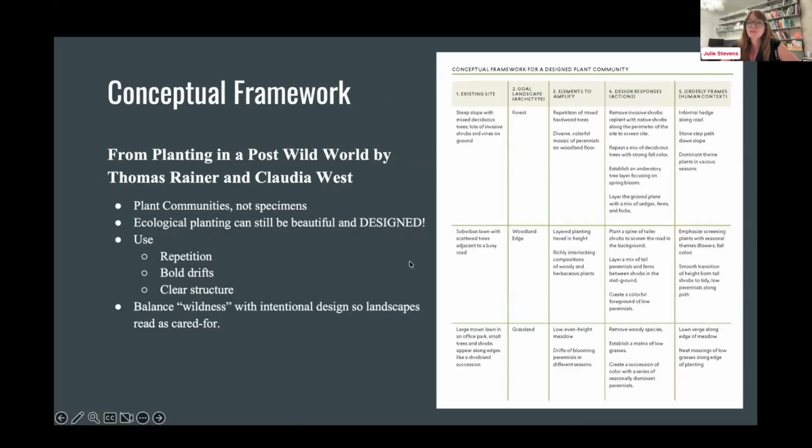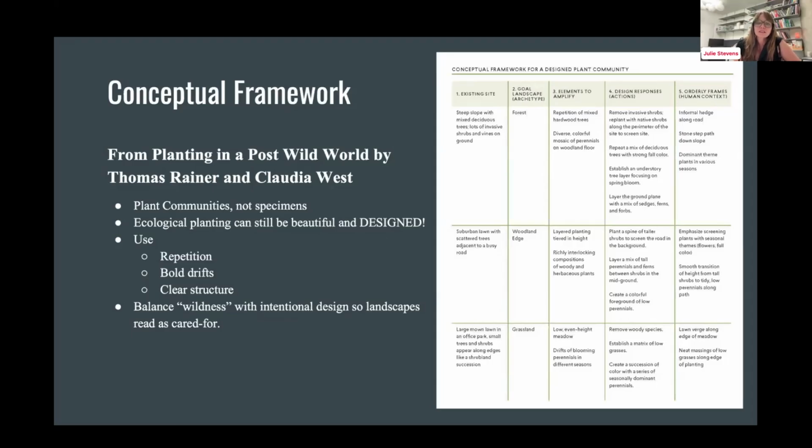So this is something I have my students do. There's a conceptual framework that they have laid out in this book. And what it's doing is it's really trying to mimic nature by using reference plant communities. And I'll show you an example. But I love this idea, and students love it too, because they really like concrete actions in design education where things are not always concrete. So you're kind of mapping out what you have to work with.